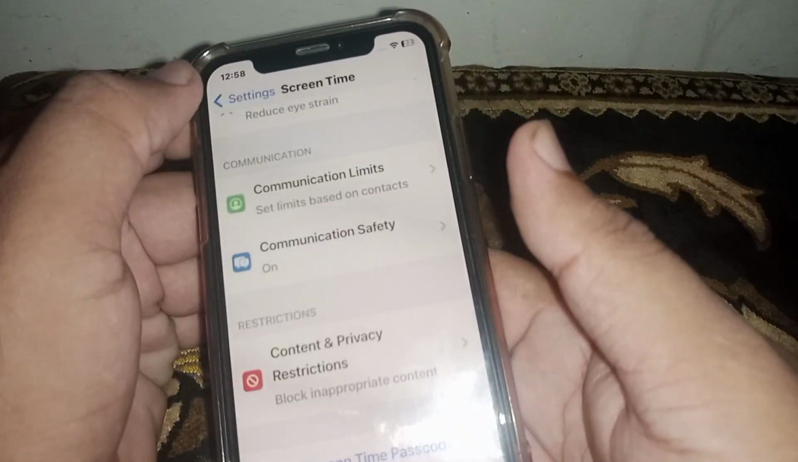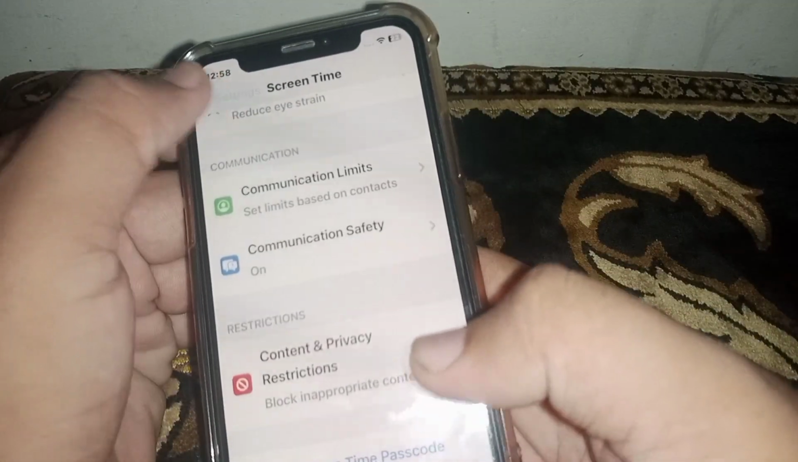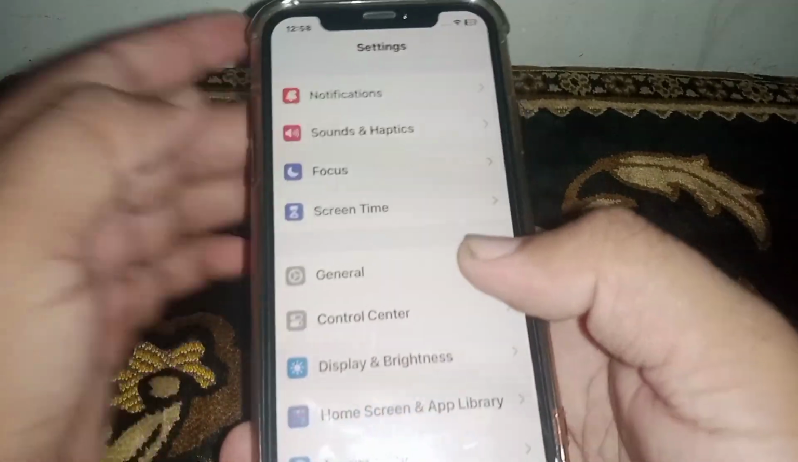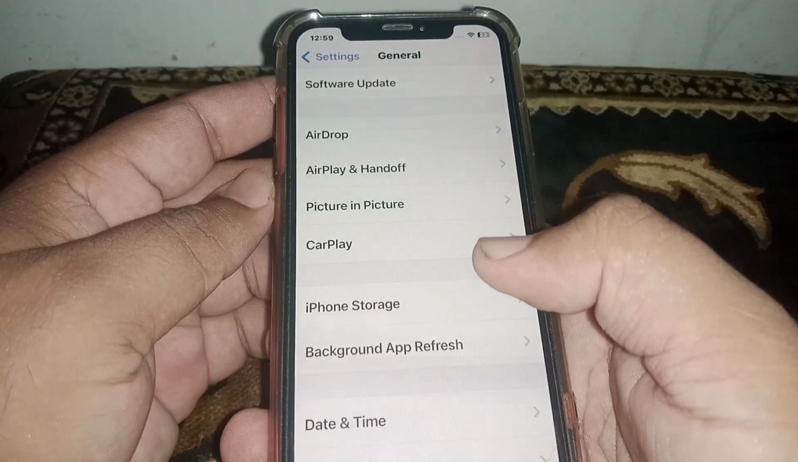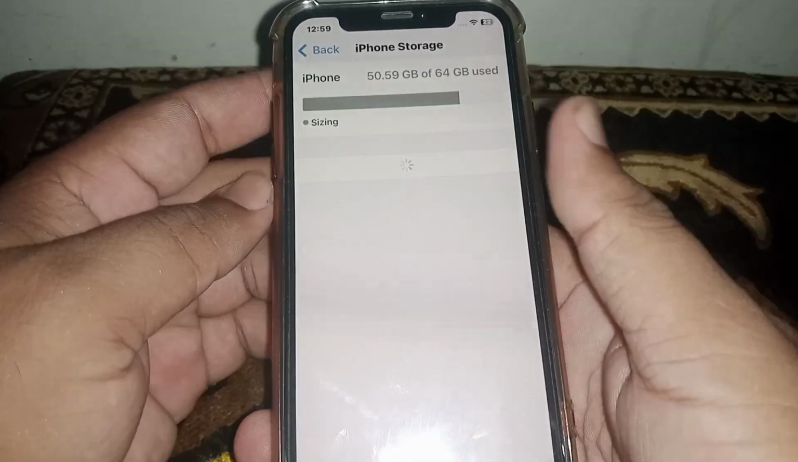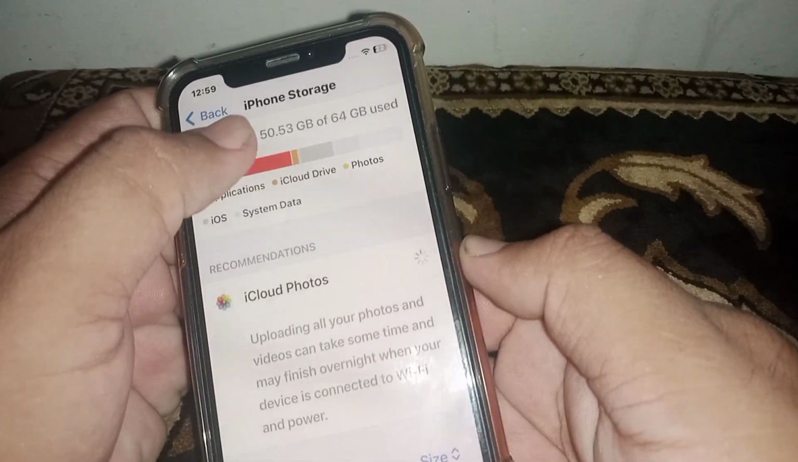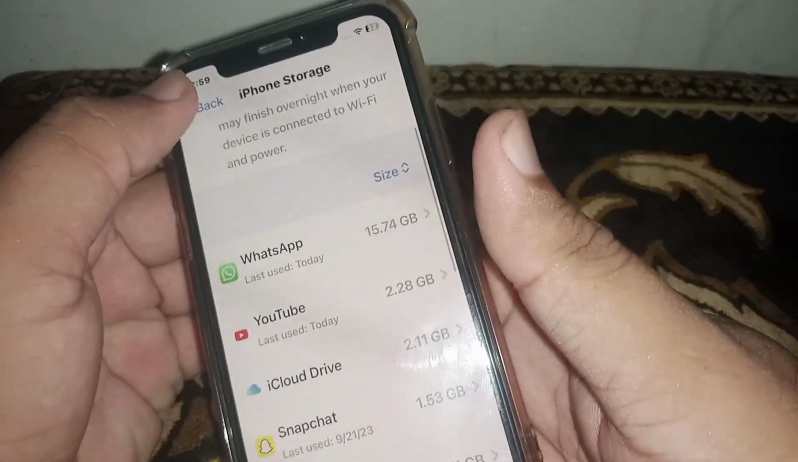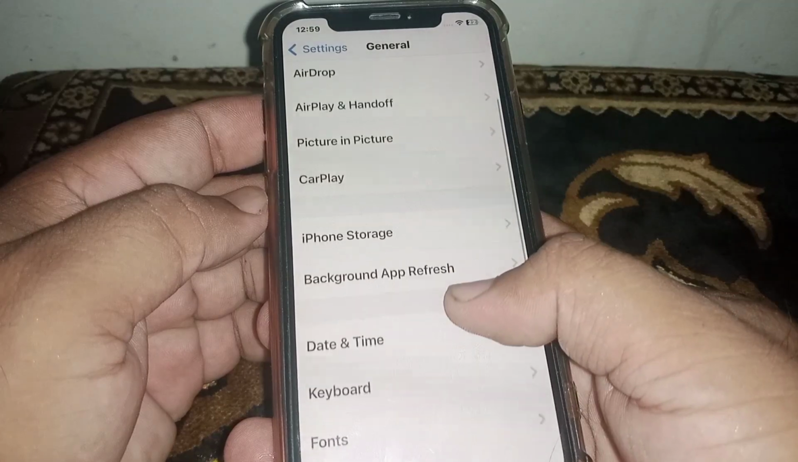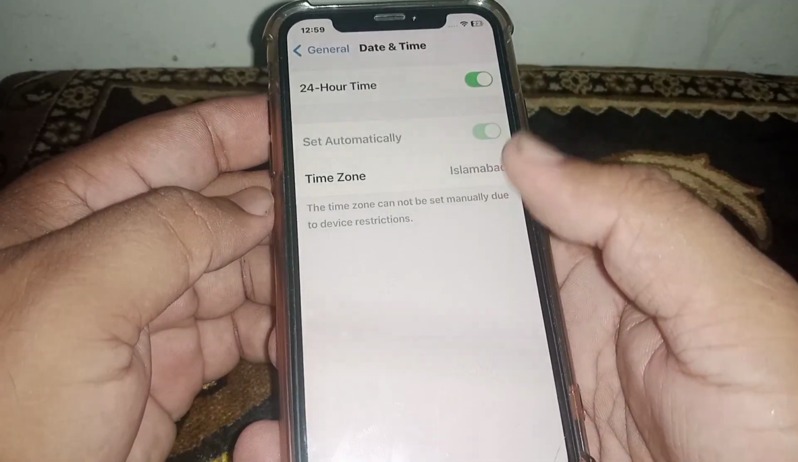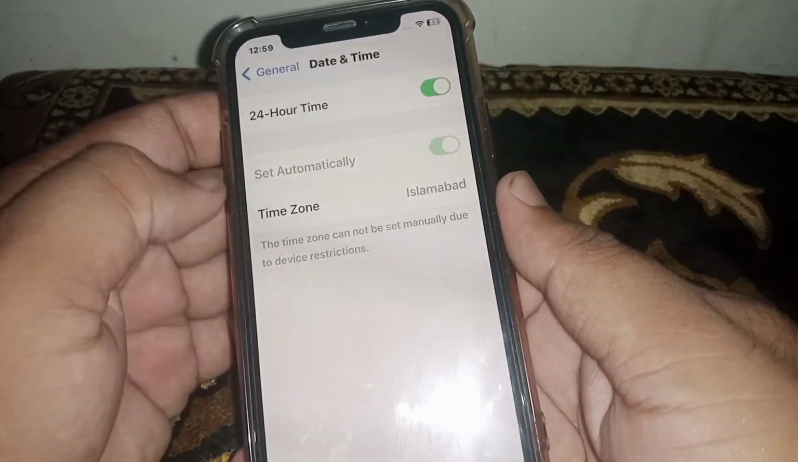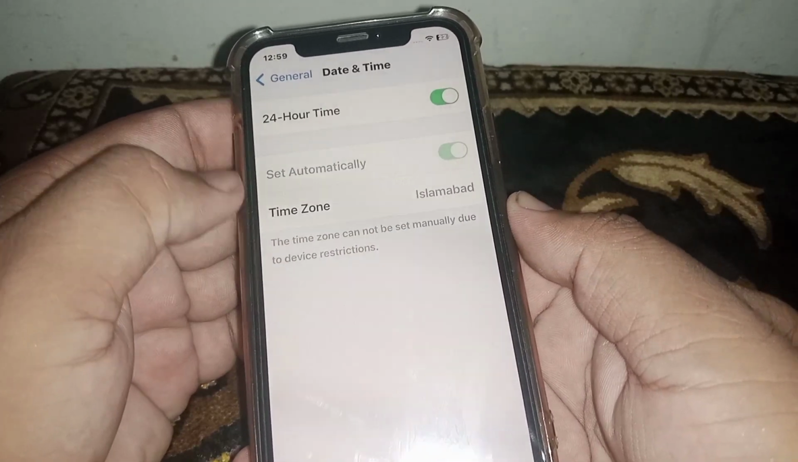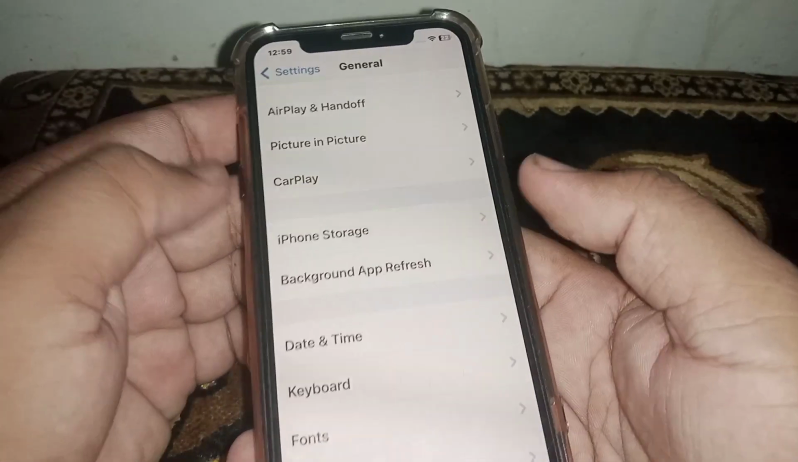If the problem is not fixed, then go back and scroll down and click on General, and from here click on iPhone Storage, and from here what you need to do is check your iPhone storage and delete useless apps, and after that go back and scroll down and click on Date and Time, and from here you make sure that you turn on the toggle and make sure that you select the correct date and time, and after that go back,